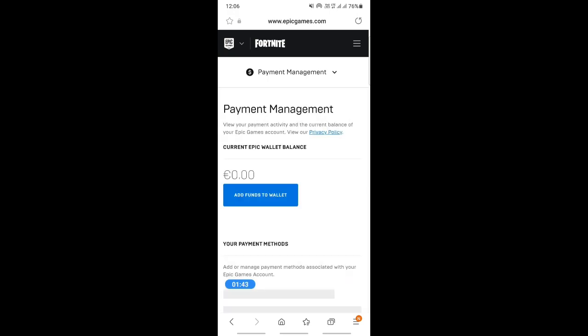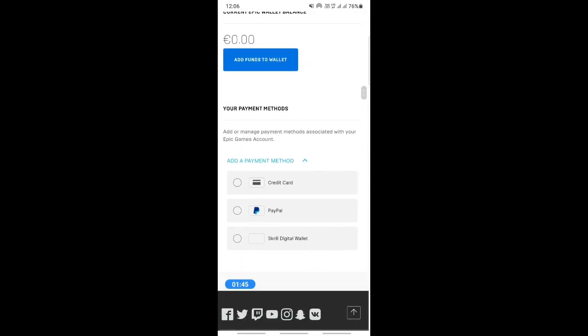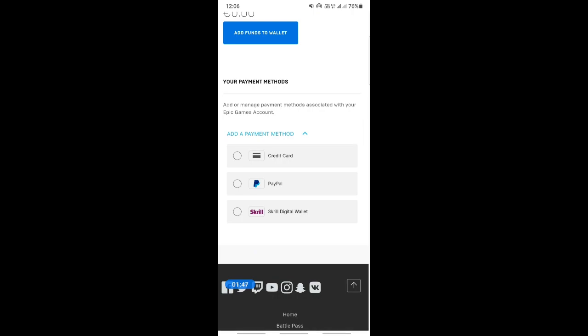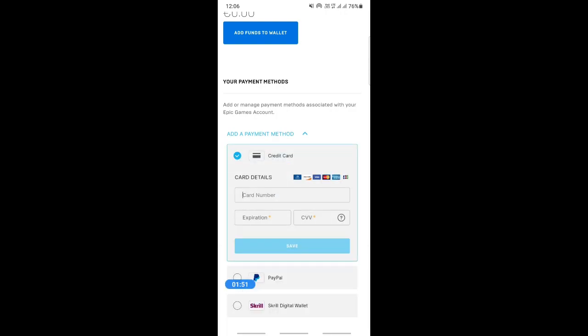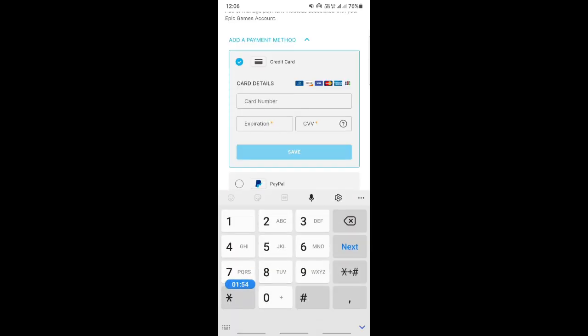Scroll down to your payment methods, and here you will see this credit card option. Simply select the credit card option, and then all you have to do now is plug in the card details of your Cash Card from Cash App. Simply plug in those details, save them, and then you can use this card as your payment method for any purchases on Fortnite. So that's how you can use Cash App